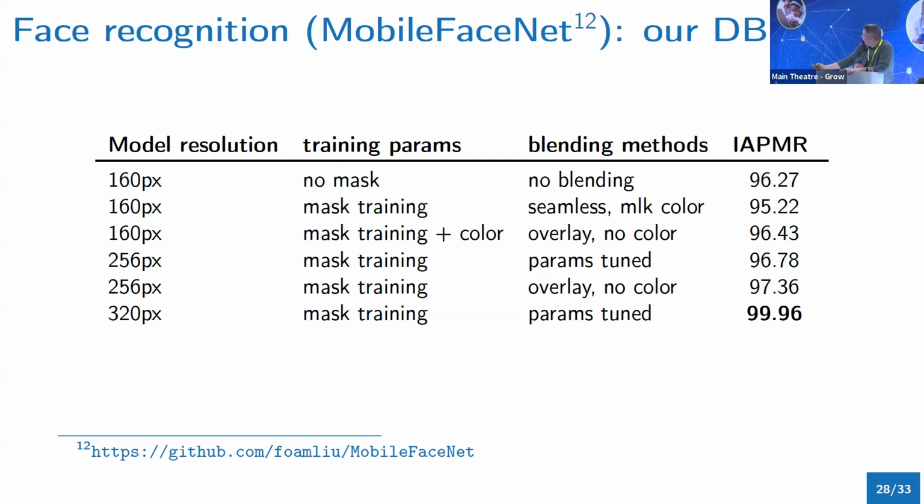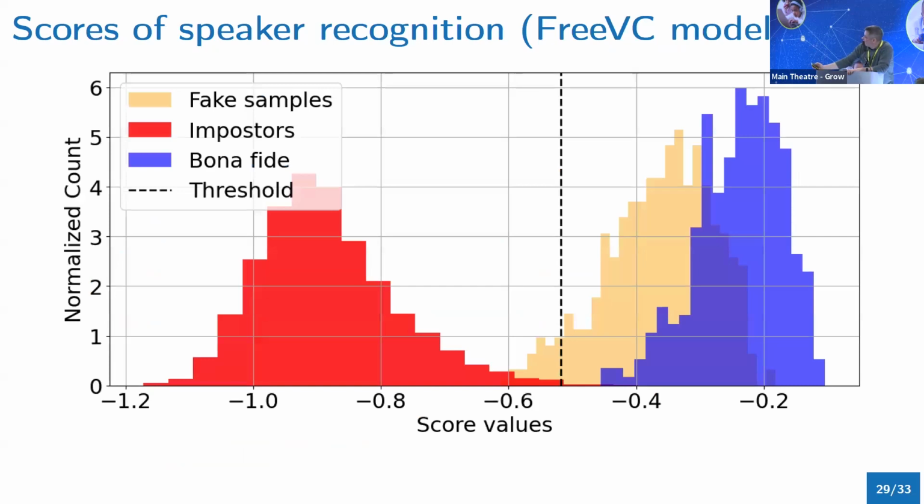Anyway, so you can see that in 99%, so basically almost 100% of the time, the system was fooled by a good deepfake model, a deepfake with high quality, against the face recognition. So it's MobileFaceNet. It's not the latest one, but it's quite good anyway. So it's quite okay. So this is how it looks if you see the scores distribution.